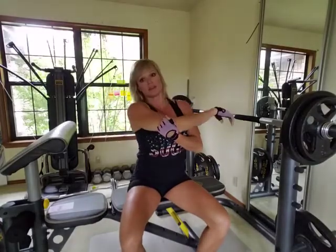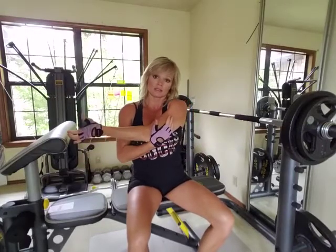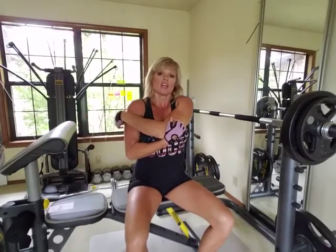So if you can't do pull-ups, you can do inverted pull-ups. You can do assisted pull-ups. You can do assisted with the band. You can do one arm dumbbell lat rows or lat pull downs, something like that, instead if you have access